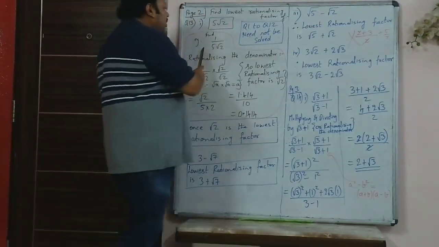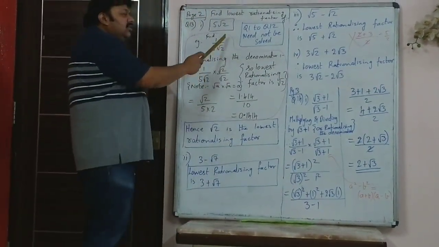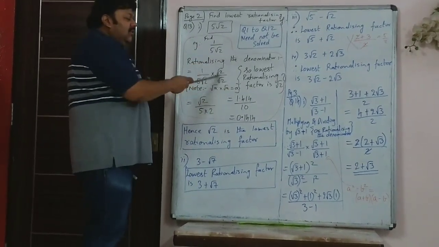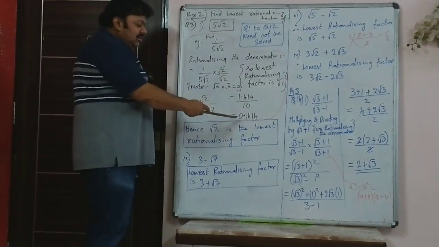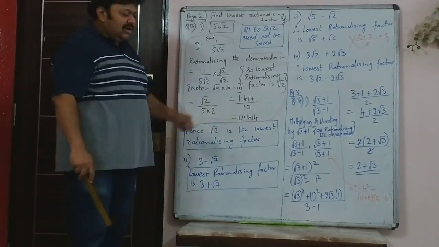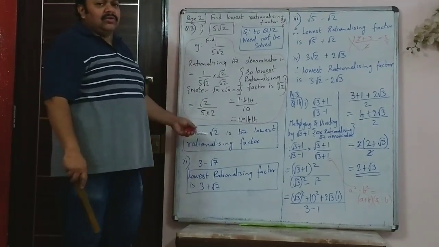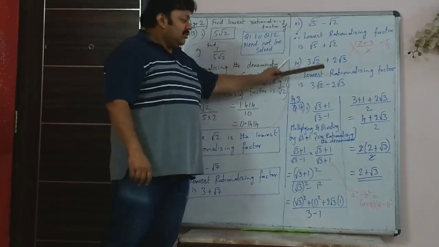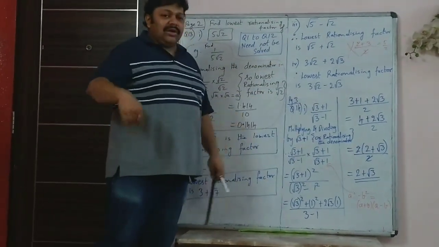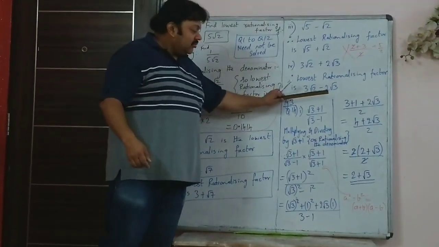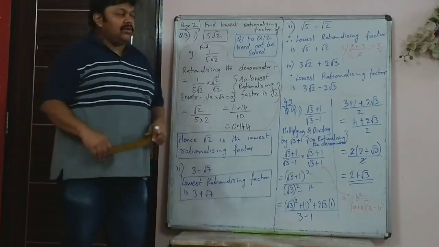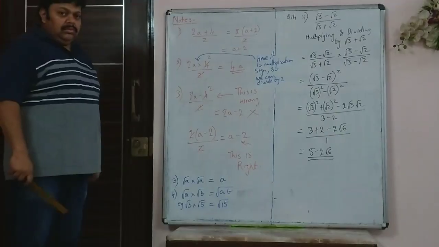Both were roots. Here there was only one root symbol. So rather than writing 5 root 2, it is better just multiply and divide by root 2. Your job is done. So now the denominator is 1. There is no root symbol in the denominator. So this is how you rationalize. Questions that are asked in the boards actually start from question 14. So we will continue, we will do the second sum of question 14.